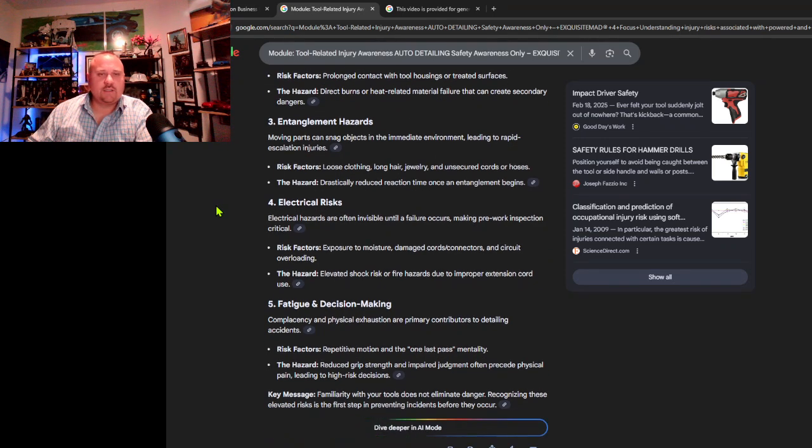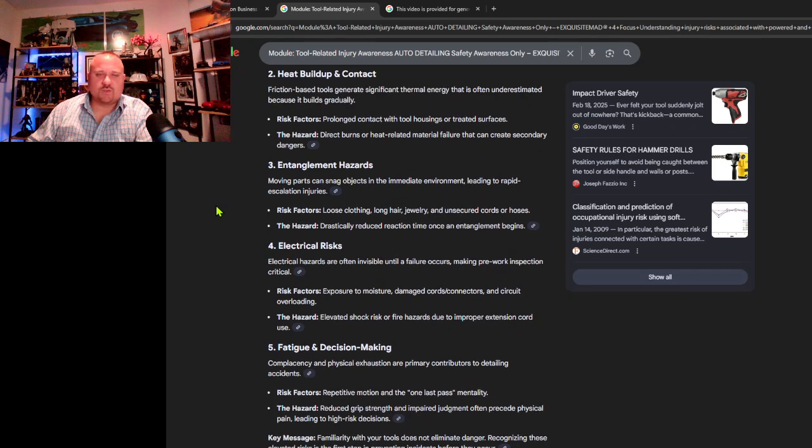To elaborate on this, a lot of things that do happen and that is overlooked, especially when looking at some of the polishing mechanisms that are used out there in the auto detailing space, is people with long hair getting hair cut up in the spinning parts, and actually can cause someone to be scalped. It can also get your fingers caught and rip off your fingers. That's why wearing PPE, wearing gloves, mechanics gloves, whatever is right for the job and specific for the tool that you're using is imperative. Because once you lose something like that, you only have